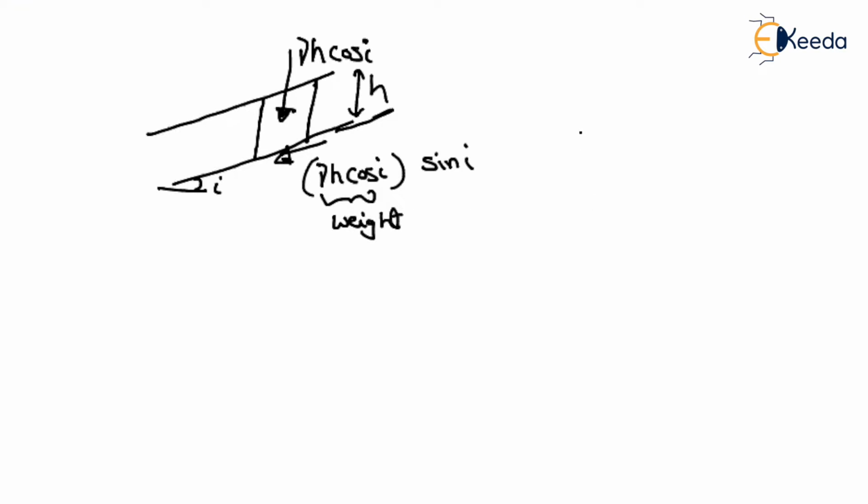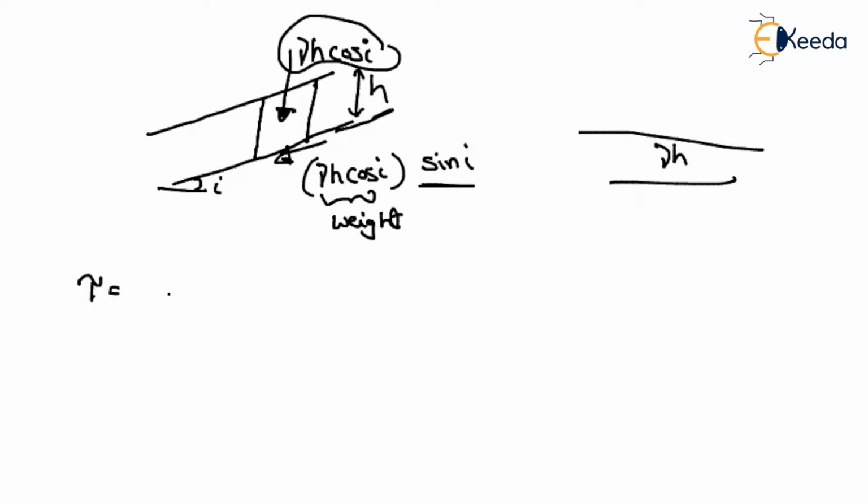If it is a completely horizontal level, then we can say simply gamma into h. But it is an inclined level. If it is an inclined level, what about the self weight? That is nothing but gamma h into cos i. So for that, we have to multiply by sin i. Then you will get the component along the tangential direction, otherwise you can say shear stress. That will be equal to the normal self-weight component, gamma into h into cos i, multiplied by sin i, and then you will get the stress along the tangential direction.